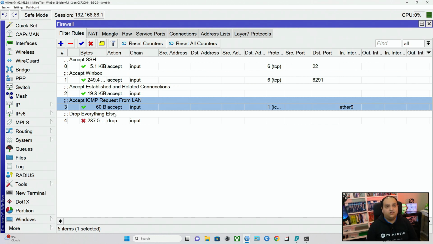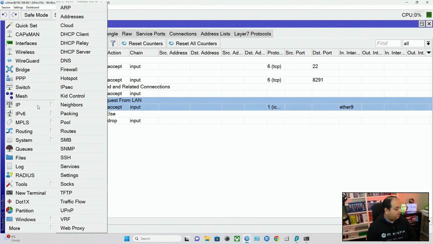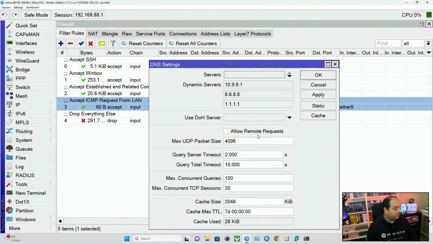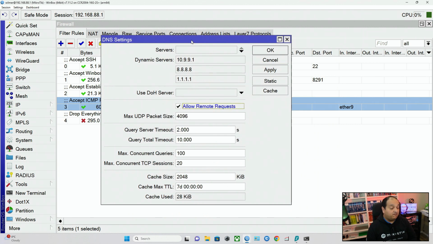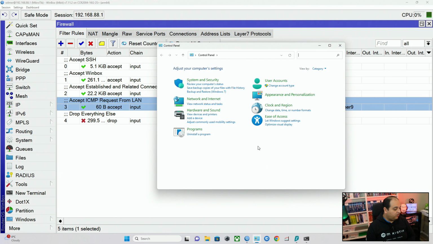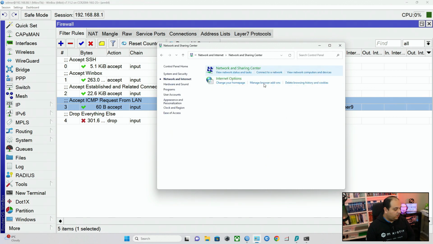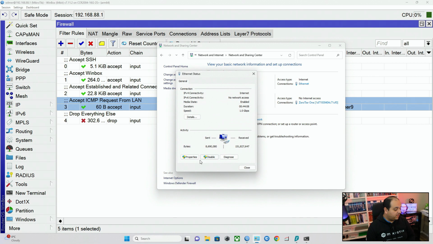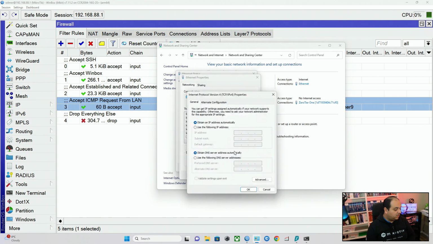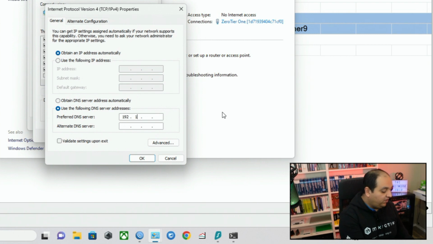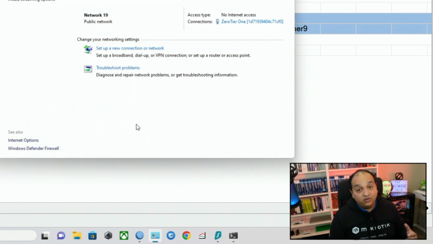In some cases, you will be using your router as a DNS server. For example, if I have here under IP DNS, this option allow remote requests enabled, that means that this device is going to be able to accept DNS queries from the clients. So now I will enable that, and I will come here to my computer. I'm going to go to my Ethernet interface. And for the DNS server, I'm going to set 192.168.1. So basically that means that all the DNS requests that my laptop is going to send will be sent